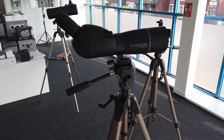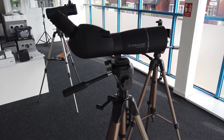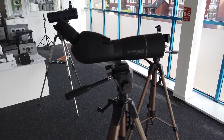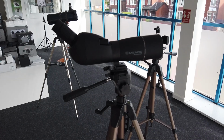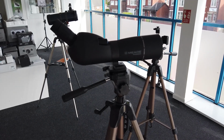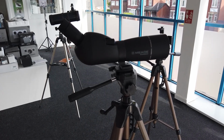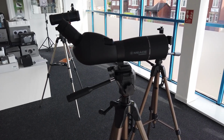I'm not quite sure how it came across in the video, but like I say, typically 30 times magnification on the scope will be ample. You might want to use 45 times if you're trying to read a number plate or a sign, that kind of thing where the image quality isn't as important as the actual item that you're looking at